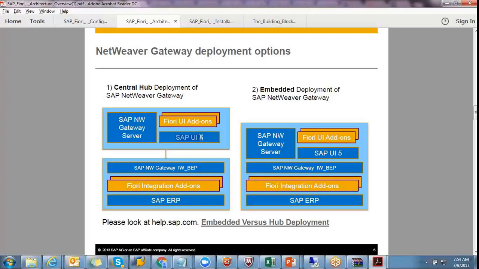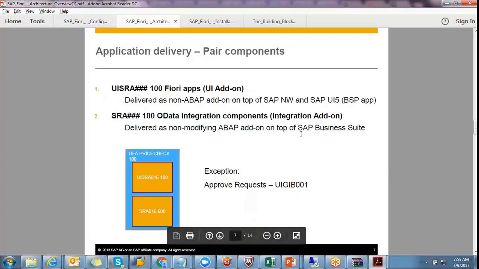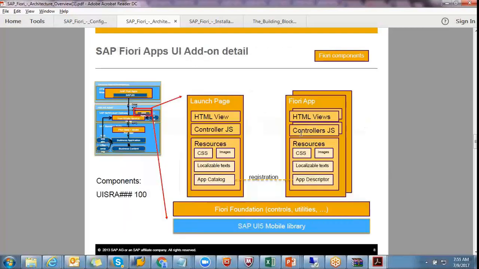That is a reference guide. Whenever a client asks for a specific app, you have to go and check in the Fiori reference library. There you have to check what the front end and back end components are, whether they are available or not, what the roles are, and whether those roles are available or not. Based on that, you assign the role to the user so that the user can see the tile. In embedded, the back-end system and front-end system are everything in a single system. That is embedded deployment.